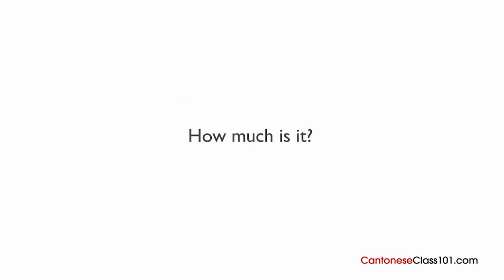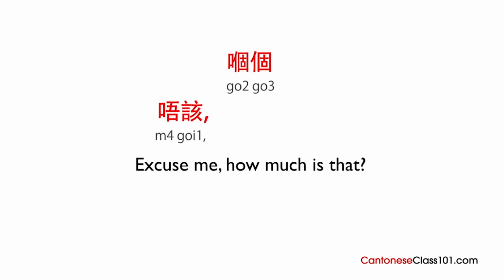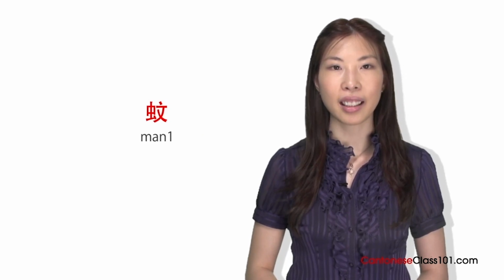And to ask, excuse me, how much is that? Again, we'll use the most common measure word, 個. So to say that, it'll be 嗰個. 唔該,嗰個幾錢啊? At this point, the shopkeeper will answer directly with the price, followed by 蚊, the slang term for